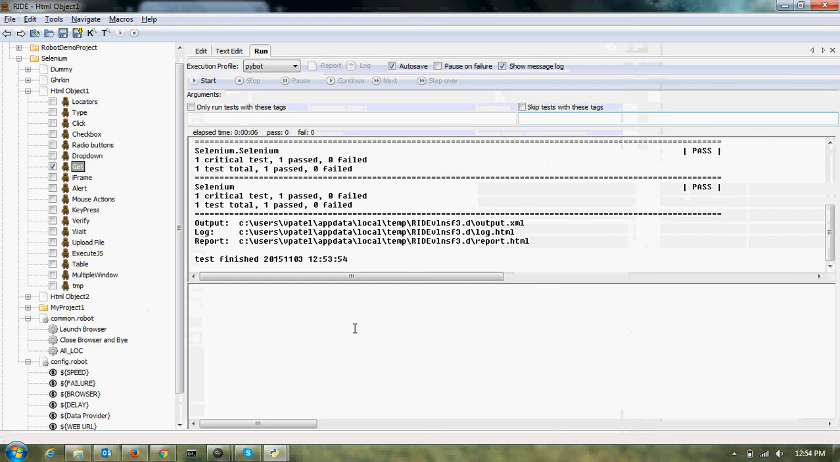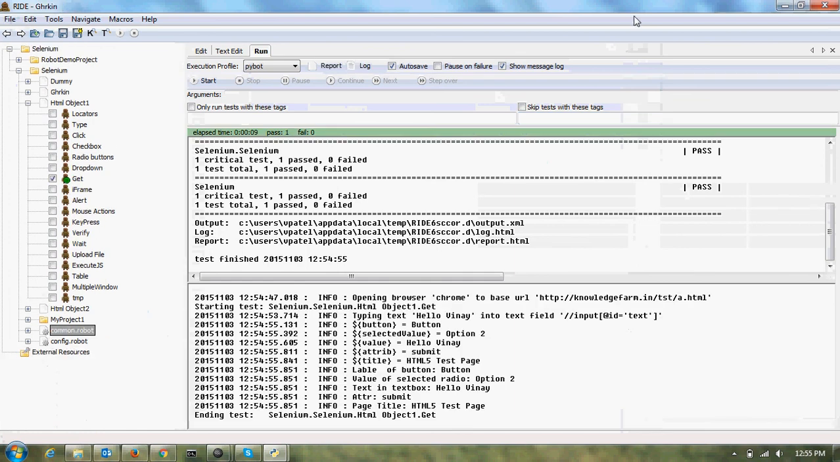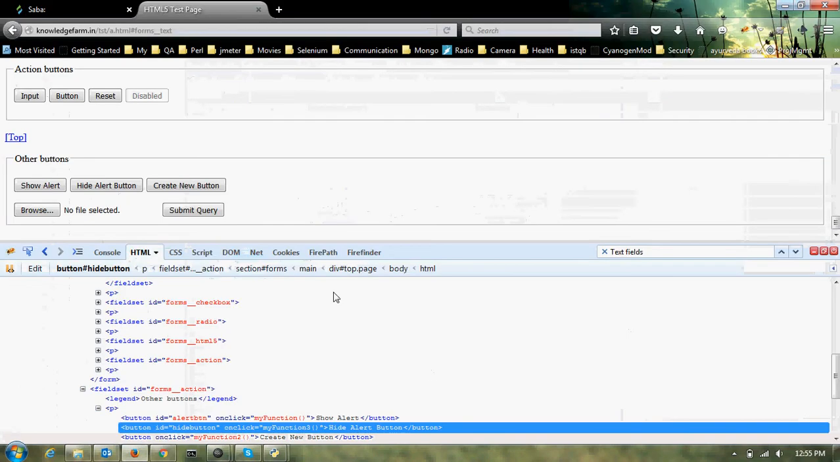So let us see the logs, that is disabled for some reason. Let me restart my IDE. I restarted the IDE editor and I again ran the program, and this is the output I got. It says label of the button, that is button,